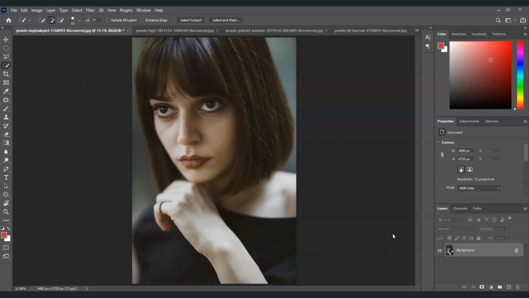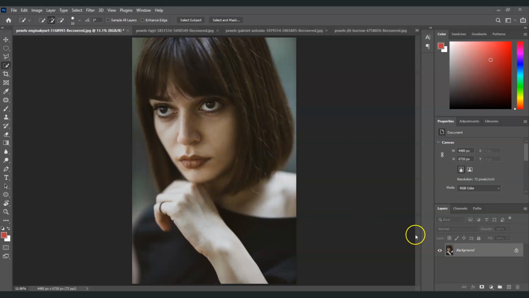So let's get started! So here in our document, we got an image where you will notice this image has a low saturation. So our goal here is to adjust that to look more lively. So the first method that we're going to do here is we're going to make use of the hue and saturation. But before we do that, let's first create a selection on this woman's skin with the use of the